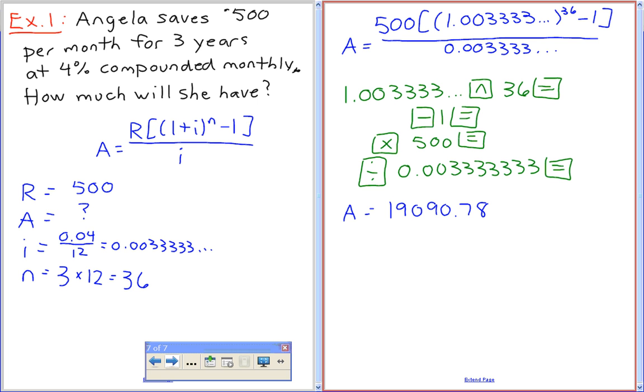Anyone having difficulty with that number? I just made up that number, by the way. That's good. You guys all have that. That's the right number. Okay. Angela, you're up. Since this is your question, can you give me a suitable therefore statement, please? After 3 years, she will have.